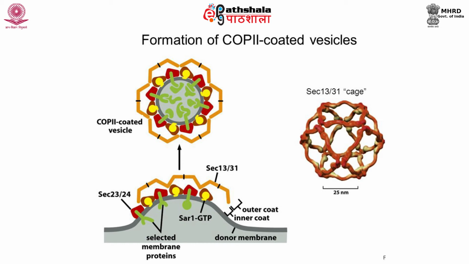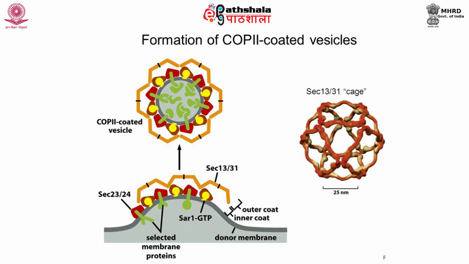COP2 budding in plants requires only SAR1 GTP, Sec23p, 24p and Sec13p, 31p. The first step is activation of SAR1p, which is brought about by membrane bound Sec12p. It catalyzes GDP-GTP exchange on SAR1p and activates it. Once activated, it starts off the recruitment of various components of the COP2 complex onto specific budding sites on ER membranes.